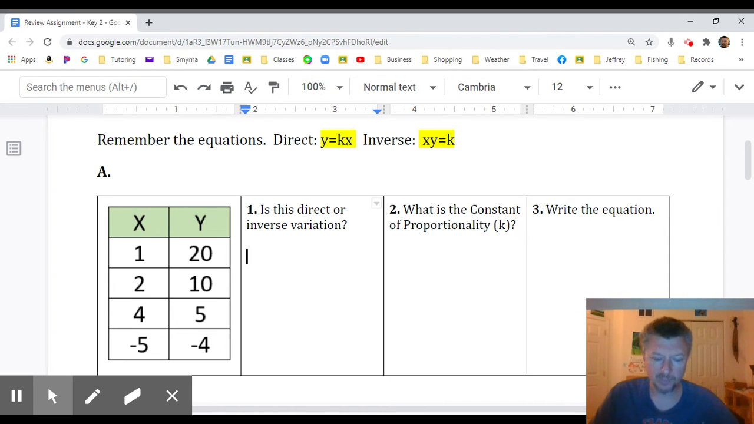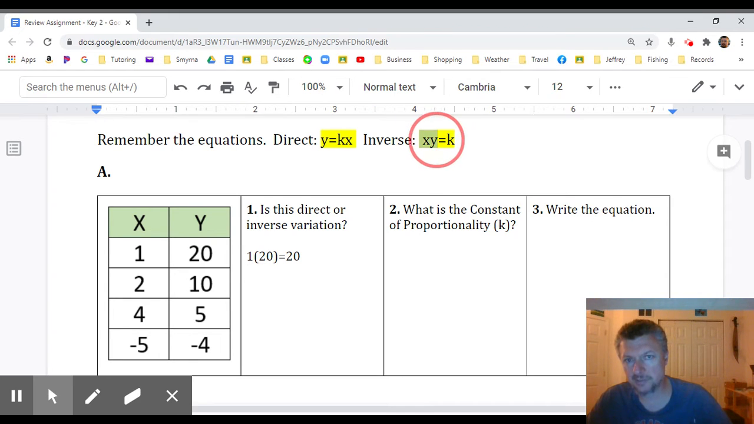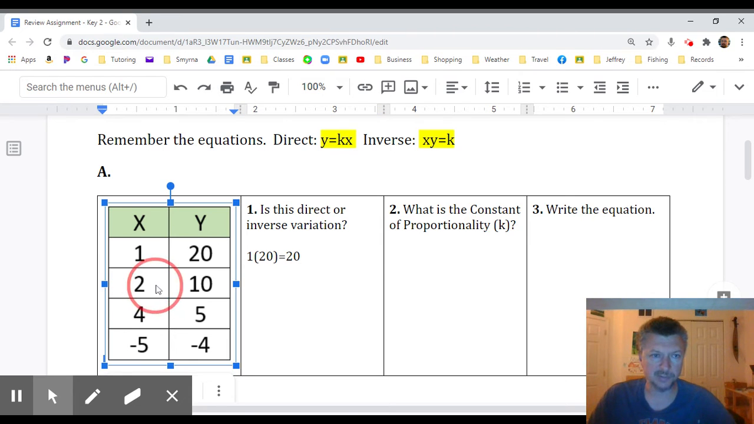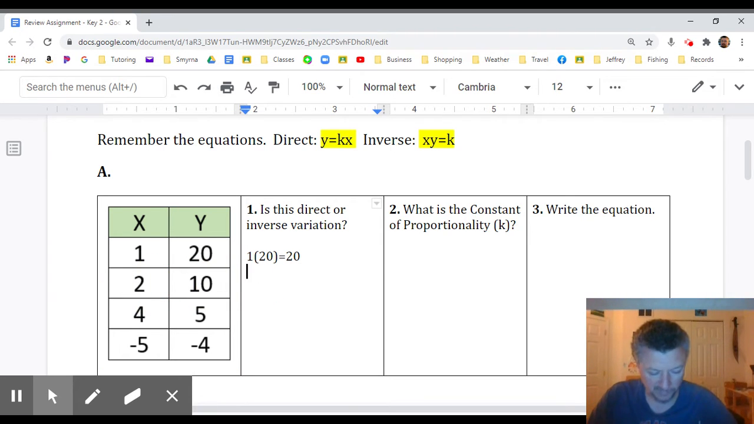Okay, so we're going to multiply 1 times 20. That equals 20. Okay, because if it's inverse, x times y equals k. X times y equals the same number every time. 1 times 20 is 20. Now we've got x and y: 2 times 10 is 20. And then we have 4 and 5 for x and y, so we're doing x times y, 4 times 5